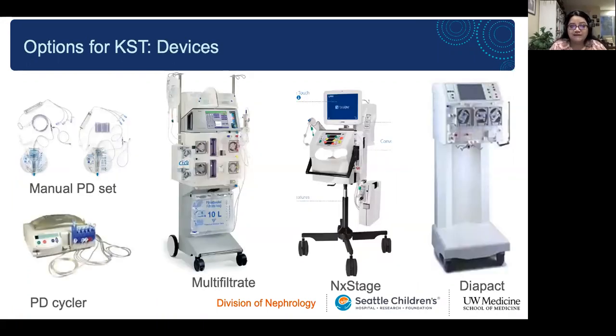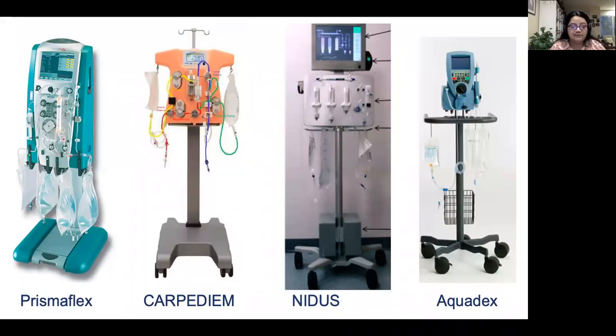If you look at what devices are available, some of you may be familiar with these devices. There is the manual peritoneal dialysis set, often used in neonates, whether in the cardiac ICU or the neonatal ICU. There's the PD cycler. Once the baby is getting larger fill volumes, or it's an infant who's probably on the floor, they might be able to transition to the cycler. These are some of the CRRT machines available: Multifiltrate, Nxstage, Diapact,